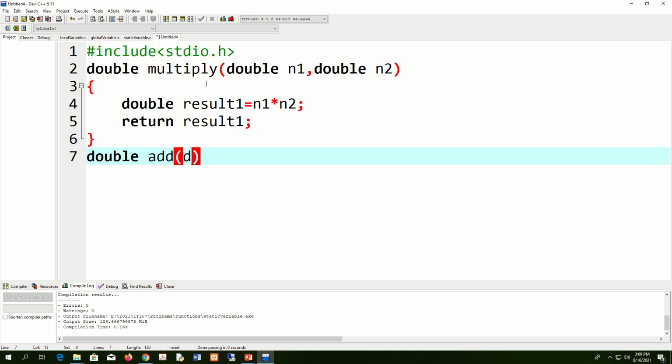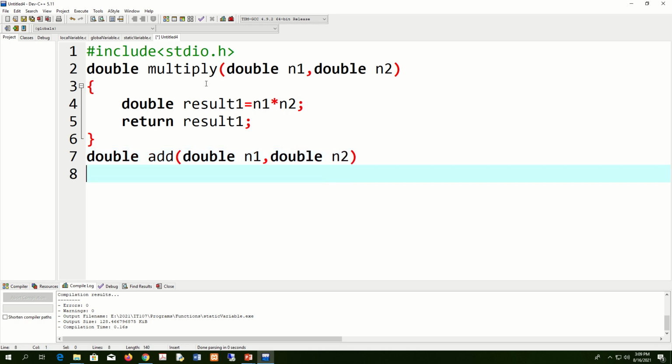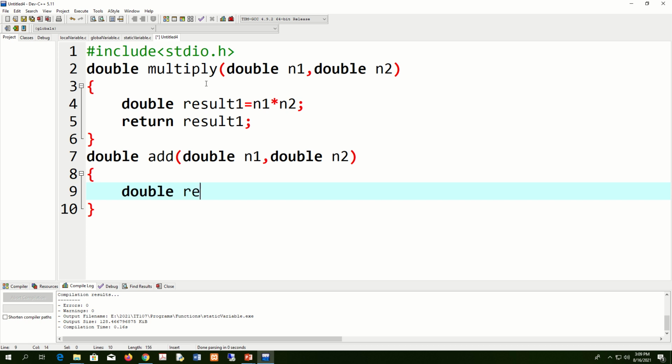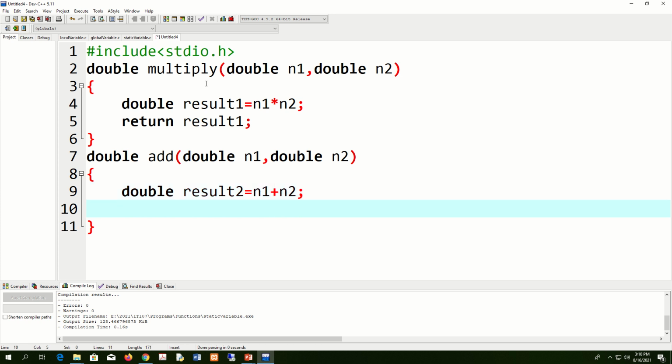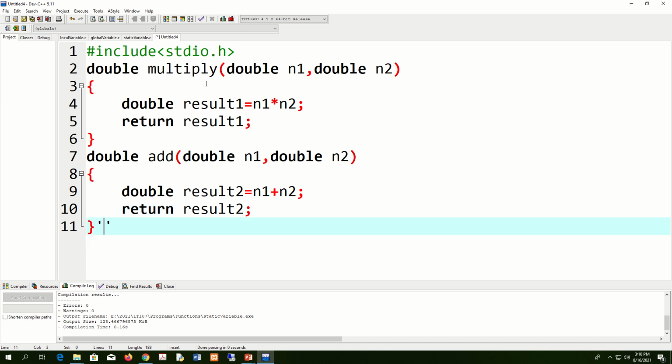For that, double n1 and then double n2. Here we take the summation of n1 and n2. Declare a variable called, say, result2, n1 plus n2 assigned to result2, and return result2. Like this, and then say double